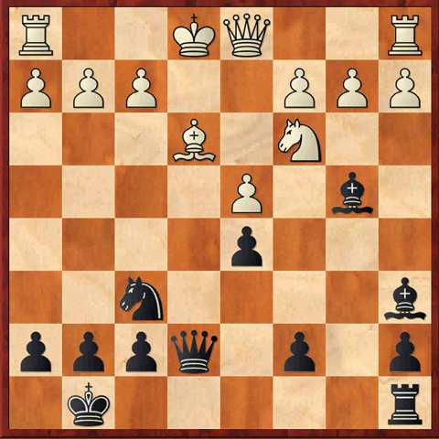I think black stands very good with sort of an advantage because knight e4 is coming. The c3 square is weak, the king is weak. The two rooks will not enter the game soon, and I think that black can do serious damage to white's position